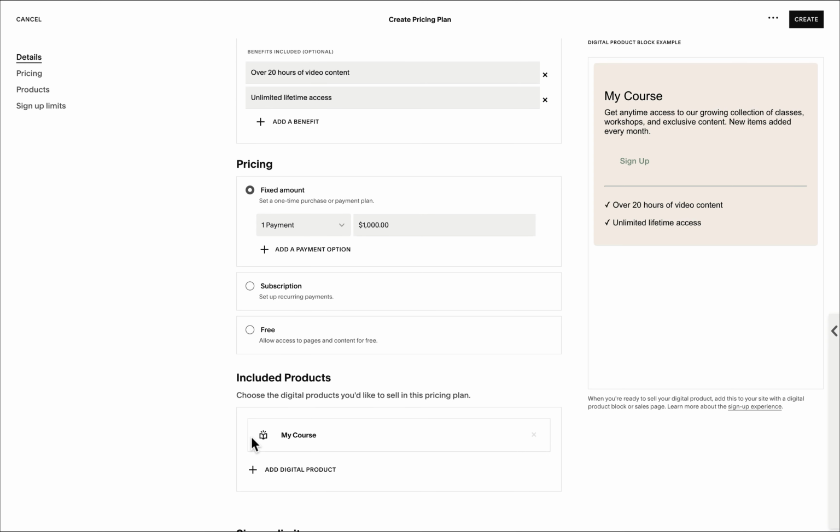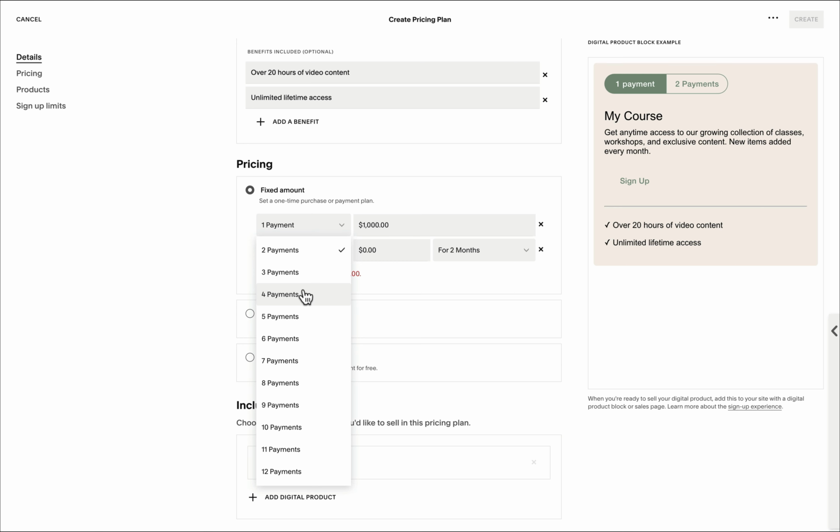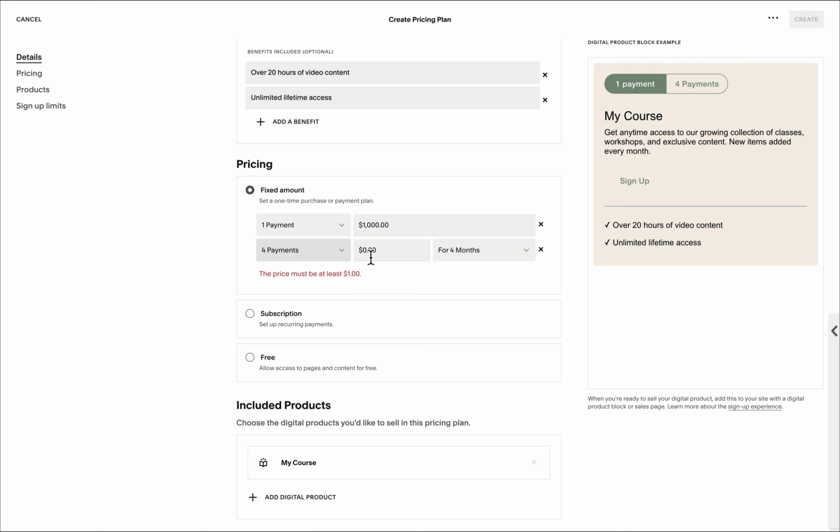So we may offer the course in multiple pricing plans. It can be a fixed amount. It can also be split into payments. It can also be accessed through a subscription, or it can be a free course. For example, we may sell this course for $1,000 single payment, or add an option to purchase it in a more accessible pricing plan that's for payments of